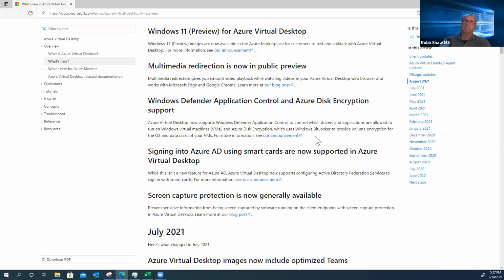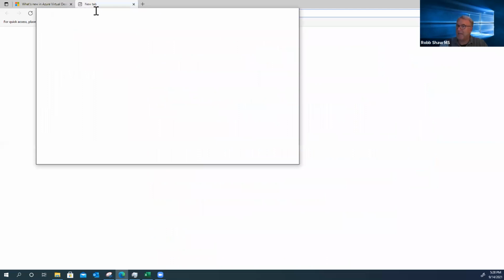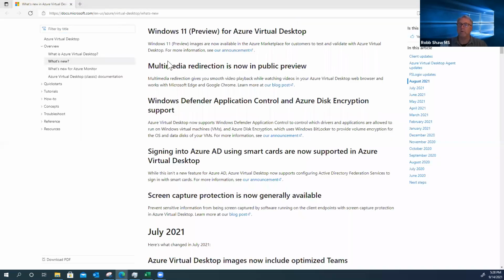There are certainly some redirection capabilities that we've seen. Some of the first pieces that became available, like Teams, had to be on Win 10 correctly patched and the right version of Teams in order to offload that. And now we're seeing that with the multimedia redirection. We've seen some vendors step into that as well. Like Agile was one of the first ones to take that and port it over to Teams. Citrix and VMware have already done it in their own protocol.